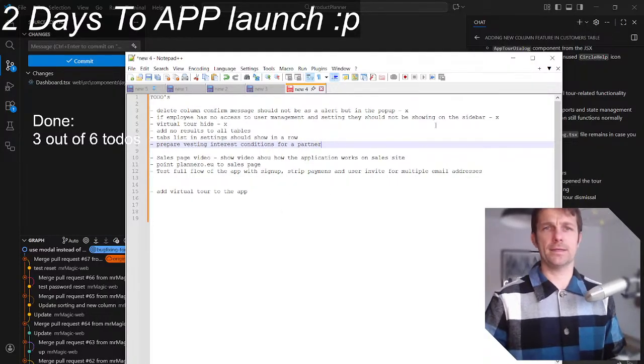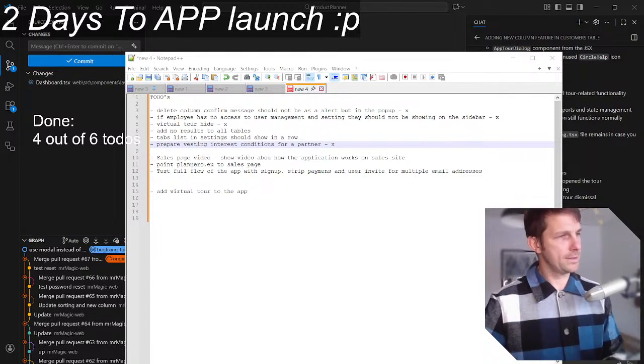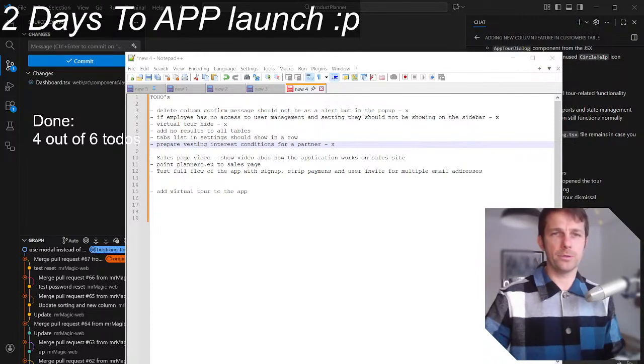Yeah, so that's also done. I've just added another task, so I can tick it as done. And 3 out of 4 for now, and 4 out of 6, because that's actually really important.